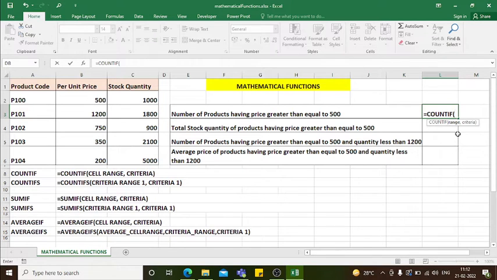and open the bracket. Within it, the first parameter, we need to specify the cell range. Say I want to count the number of products having price greater than or equal to 500. So I select the cell range for the price, comma. The criteria we need to mention within double quotes. So I open the double quotes here, and here I write the criteria, that is price is greater than or